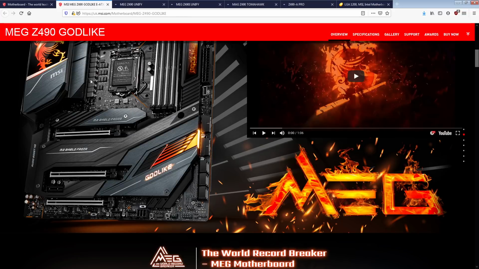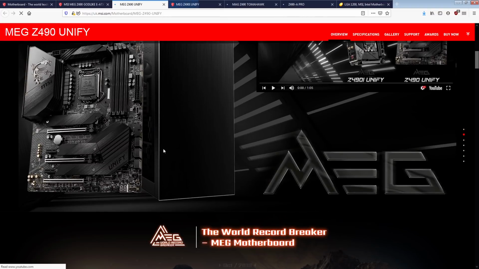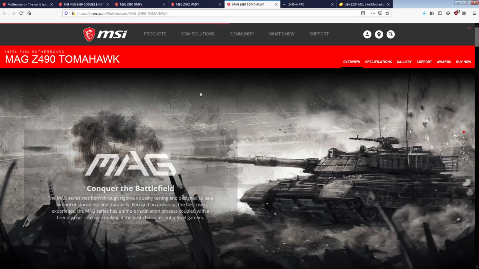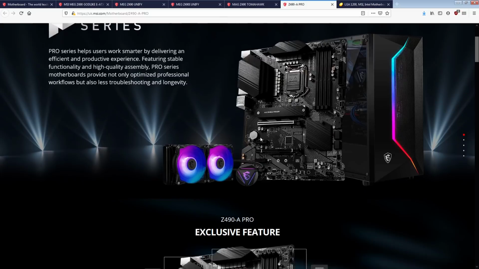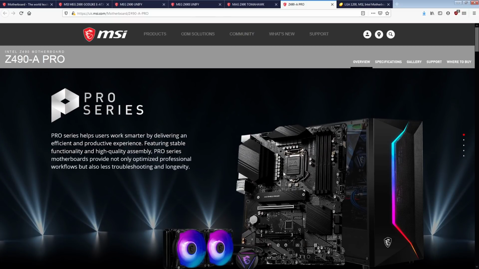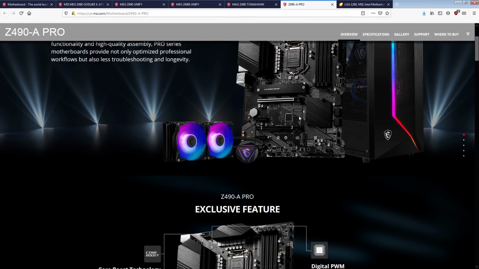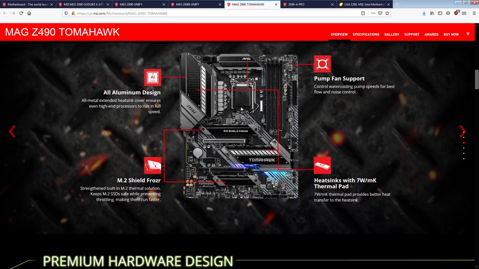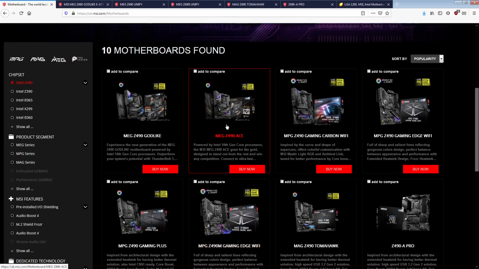So, this is your ridiculous mega overkill motherboard that you don't need for $750. This is the sweet spot at $300. This is if you love memory overclocking way too much. And this is what I'd get if you don't want to spend over $200 on a board. And this is what I like. This is not bad for being one of the cheapest Z490 boards you can get. I still would strongly recommend that you just go for the Tomahawk instead. It's so much nicer. But yeah, so that's the MSI Z490 motherboard